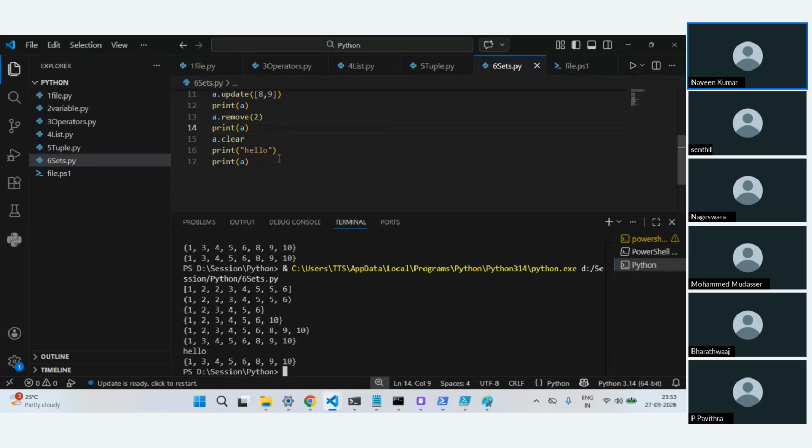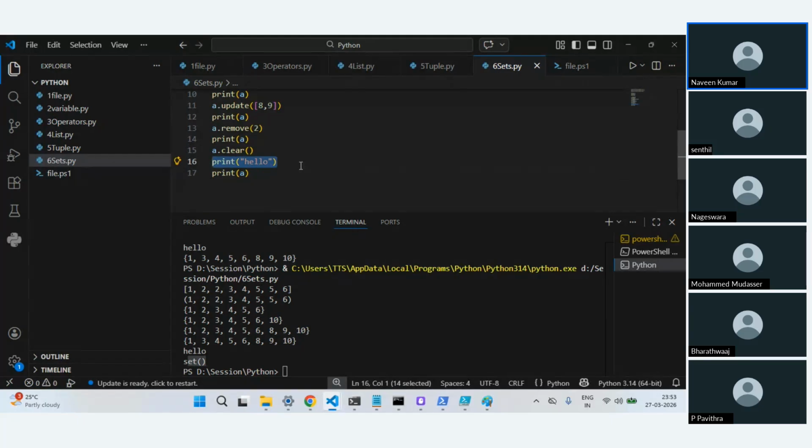It's not clearing, is it? Okay, it got cleared. It just says set, right? Yeah, I missed that bracket. Since we were printing the output, it was showing the same value, so I just added this hello just to differentiate.